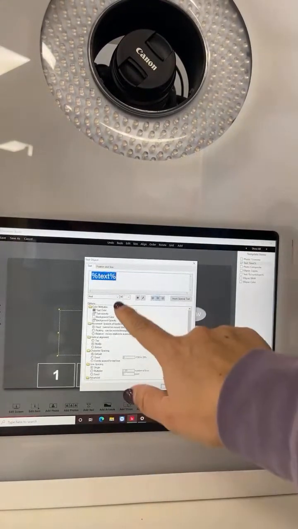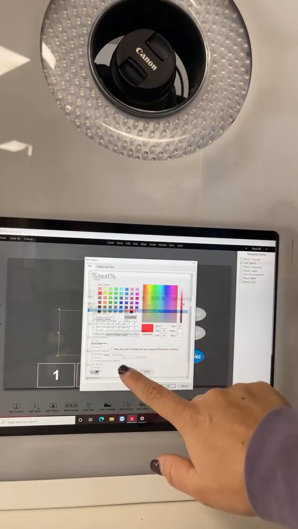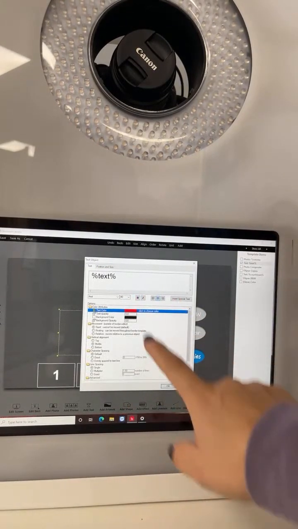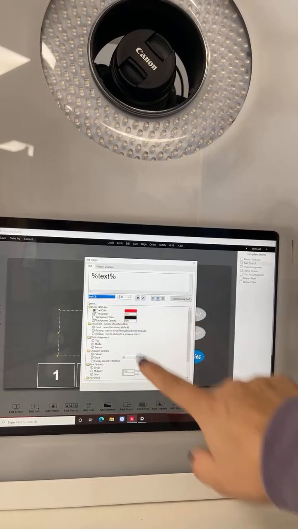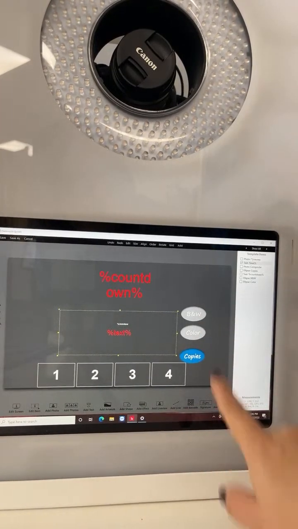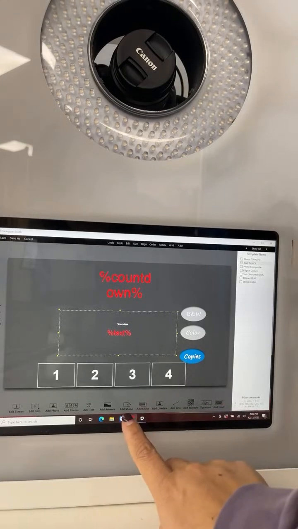Same thing with your text. I'm going to change that to red as well. And all I did was just double tap it and change my color. You could also change the text if you want to too. You could hit that. And next, I'm going to make an exit button, add shape,